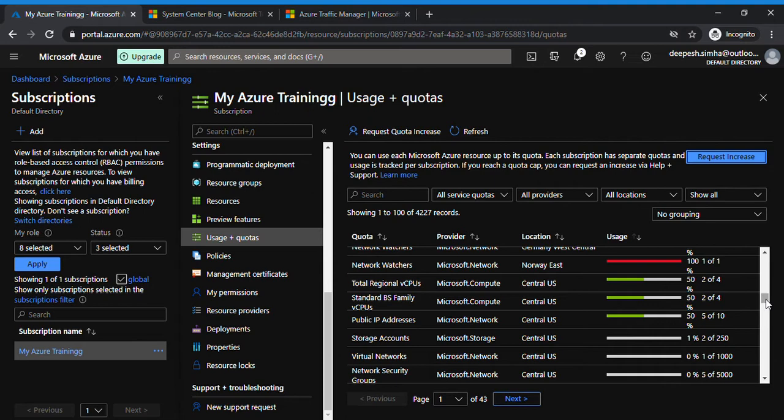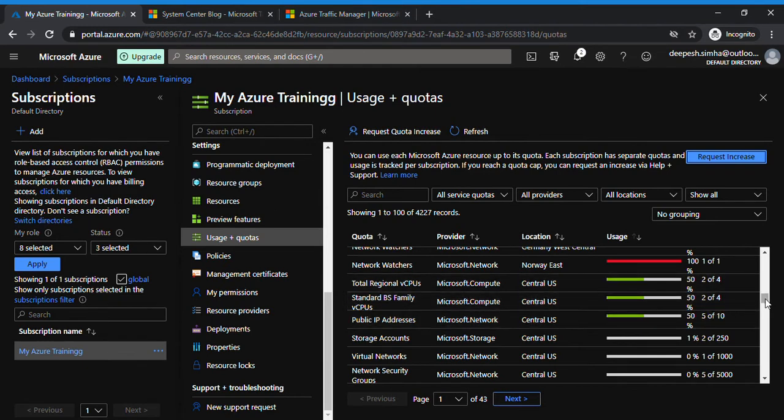So the main thing you need to understand here is whenever you get an error saying subscription quota exceeded, or limit is exceeded on particular cloud services, keep that in mind. You have to come back to usage and quota under the subscription, check it out, and then ask Microsoft to extend it, so they'll be extended from here, from minimum to maximum.